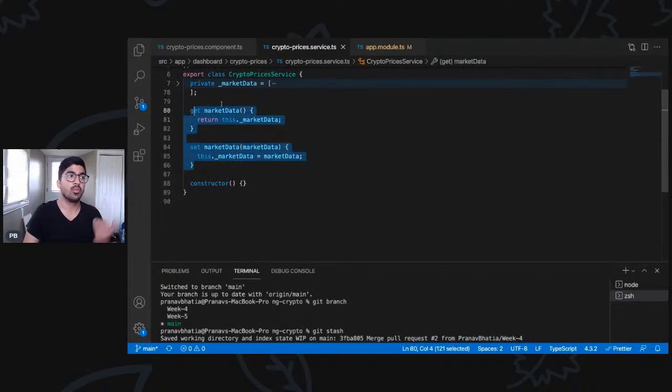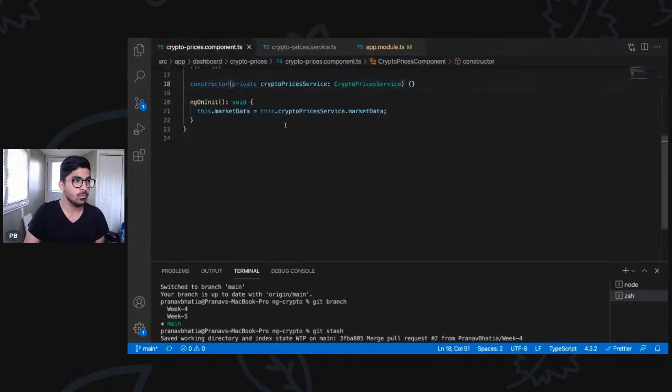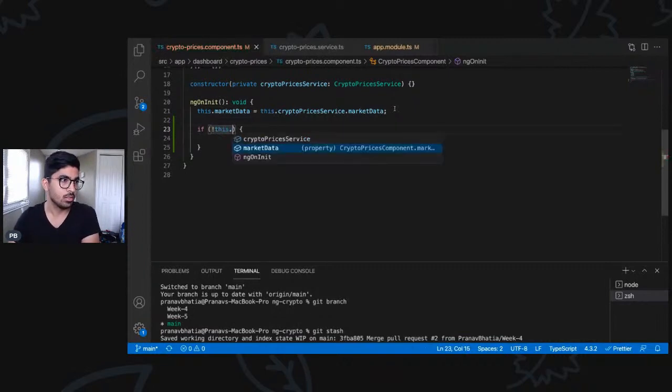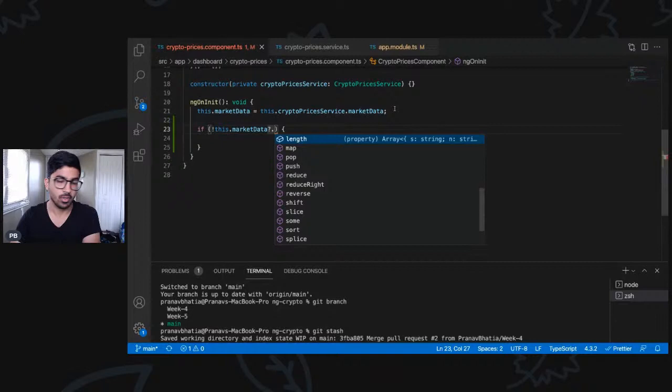But now I don't really want that. Now what I want to check is, first of all, this can now be an empty array, because once I make an API request, I might or might not get a response. So first of all, I should check if this.marketData.length